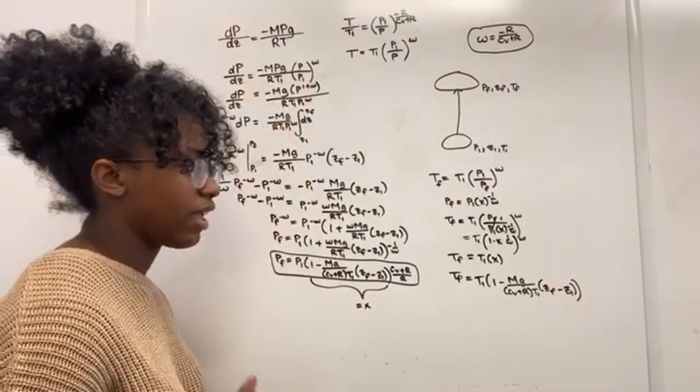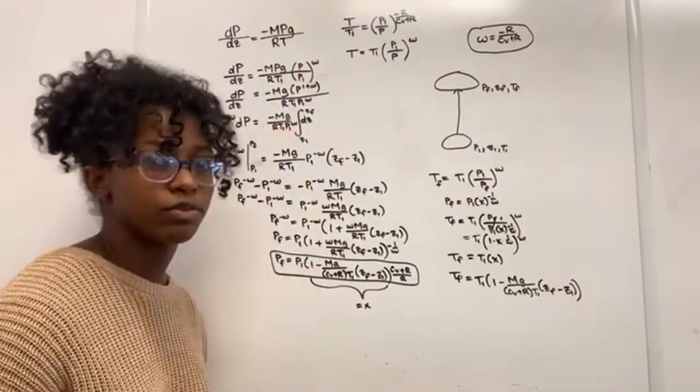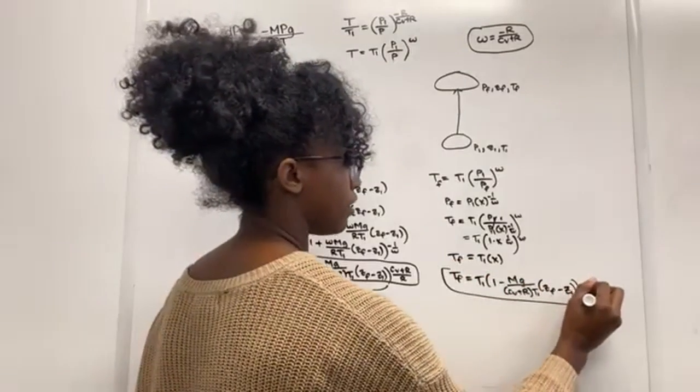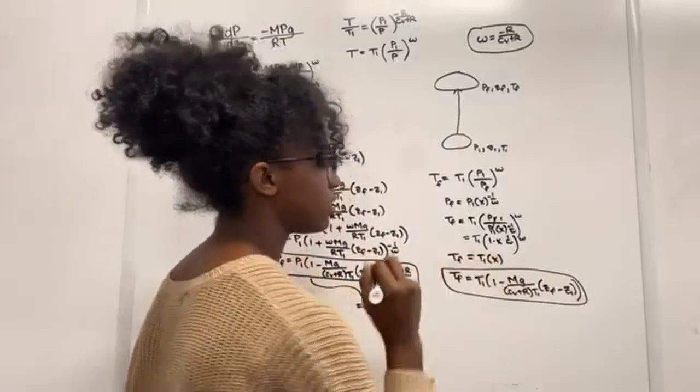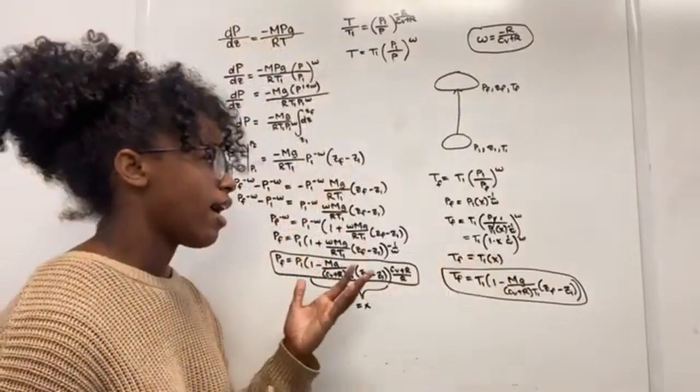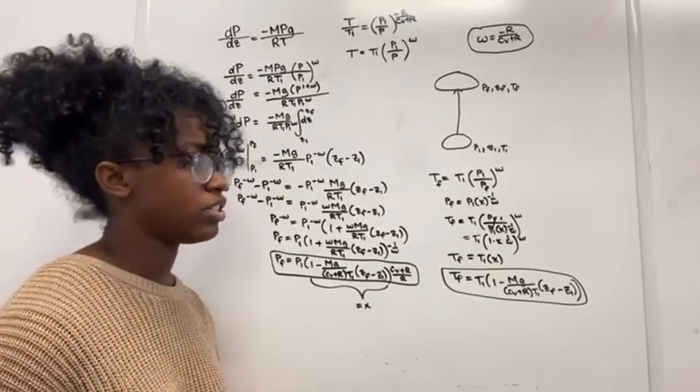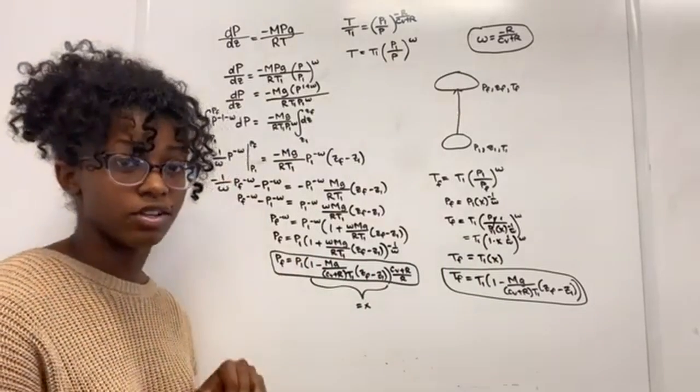And since X was everything in the parentheses, we don't have to raise it to a power. And this gives us our equation for how temperature relates to a change in altitude of an ideal gas during an